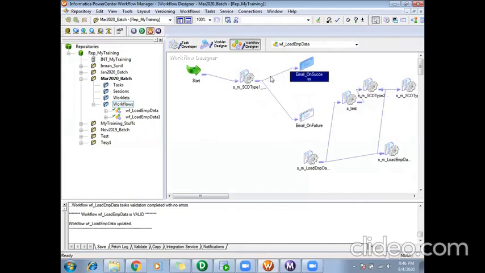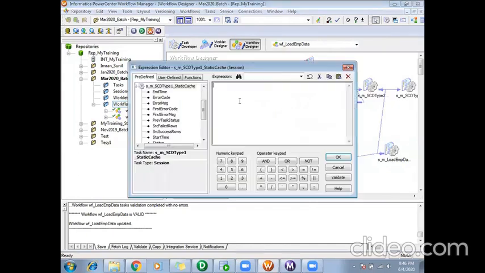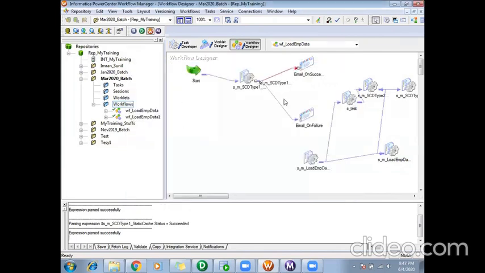So on success, I want to send this success mail. In this link, I'll say status is equal to succeeded. So my success email task will run only when my session is completed successfully, and in it I would have configured that this particular workflow ran successfully for this day.